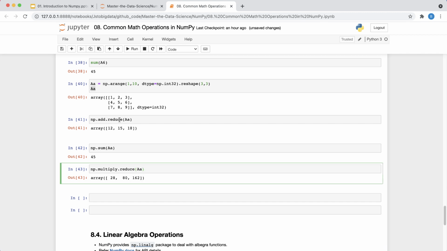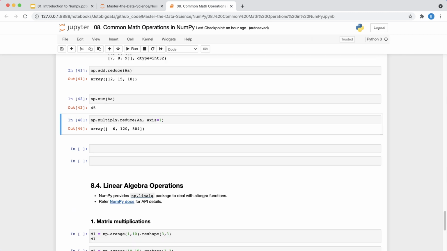But I want it to happen row wise, not column wise. So what I should do is set axis equal to 1, and 1 means row wise and 0 means column wise. Now let's change this to 0. Okay, so 0 means column wise, 1 means row wise.